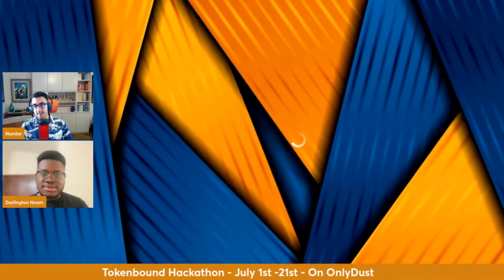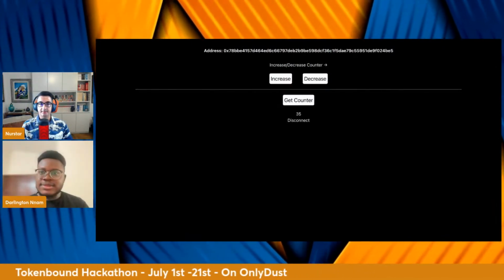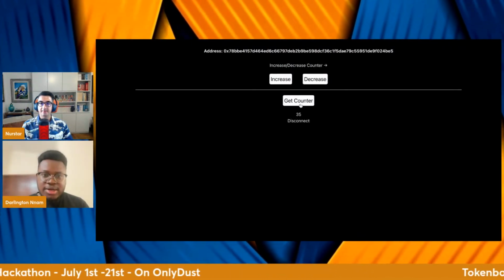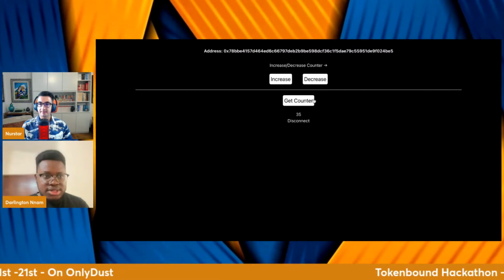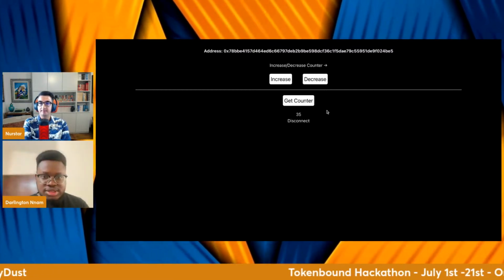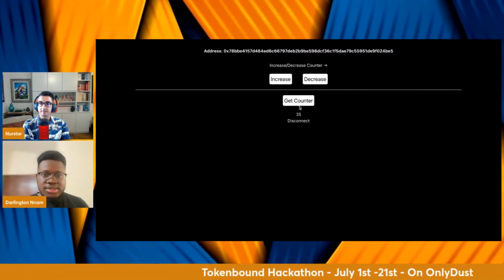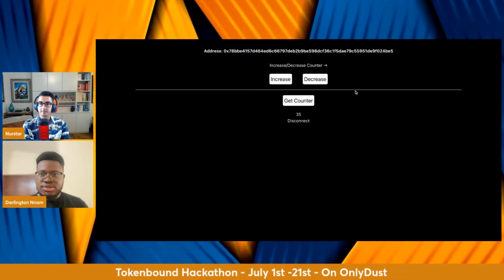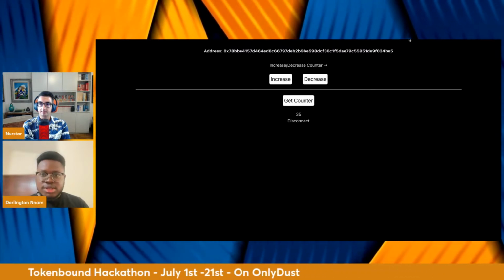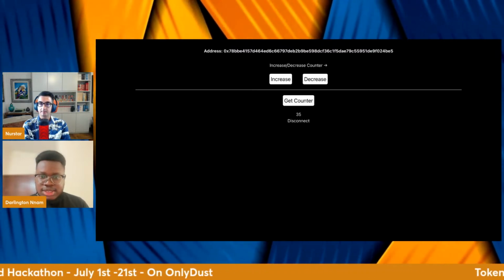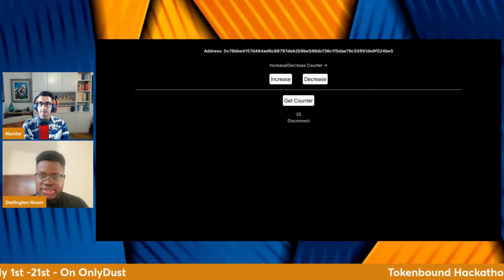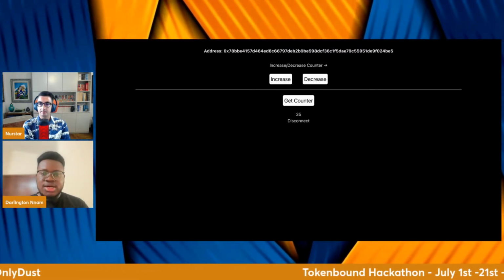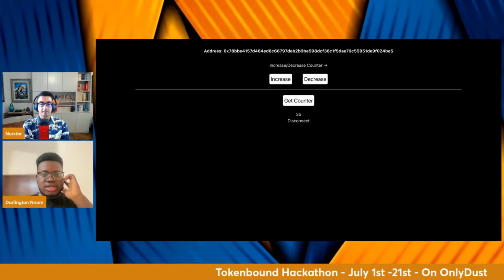Okay, yeah. Can you see it now? Yes, I can. So now, if we get the counter, it is going to push increase to 36, but it hasn't yet, so probably just give that some time. So if we go back to check our assets, let's see if the ETH sent earlier has been reflected in your token bound account.